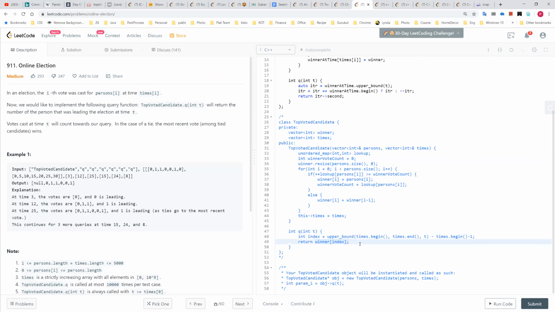So the lookup in this example will have only two elements, right? One is for 0 and one is for 1. Here, if you consider that example, yes, 0 and 1, but it could be anything. But with this example, yes, there will be only two elements, 0 and 1.